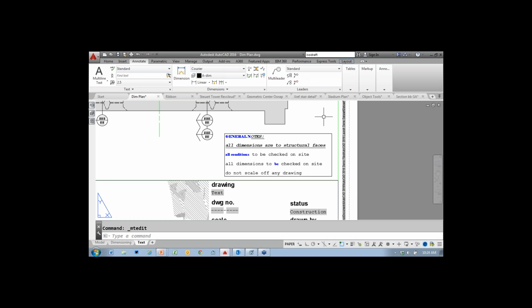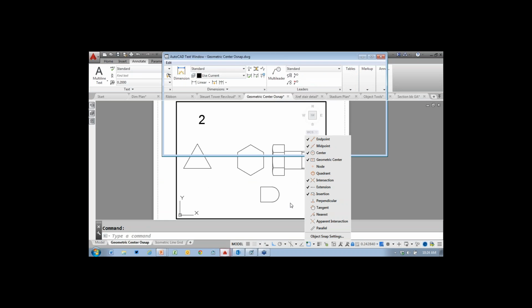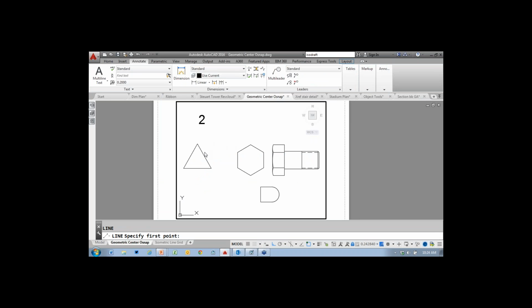In my humble opinion. All right, let's take a look at the new geometric center object snap. So if I wanted to find the center of this triangle or this polygon, I'd probably have to draw some type of a construction object. Well, now there is a new object snap setting for geometric center. Let's make sure that we turn on our object snaps, and you will see that now if I go into a command like line, for example,